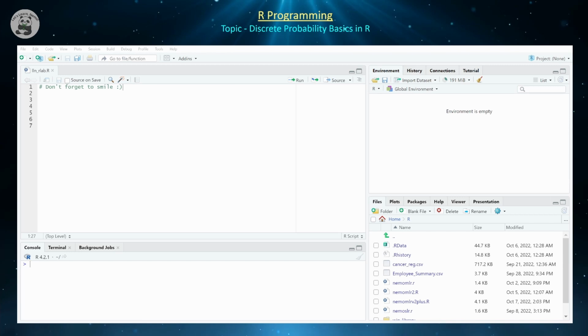Today we're going to be focusing on how to do some basic discrete random variable probability theory in the R programming language. As you already know, if you do know something about discrete probability and random variables, you should know that if we want to solve problems like what's the probability that you have more than 10 customers that come to your restaurant in a particular evening, you can typically just use summations on the associated probability mass function and